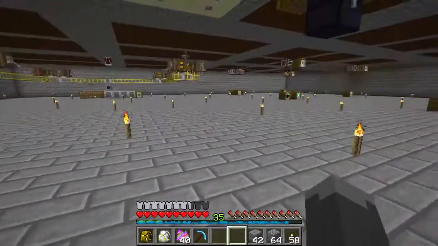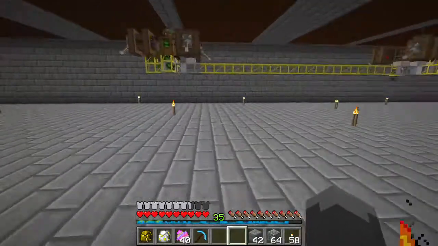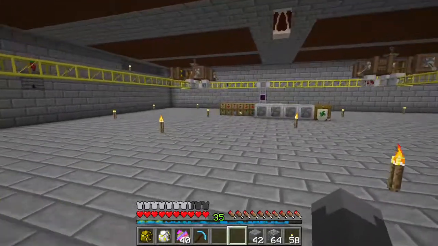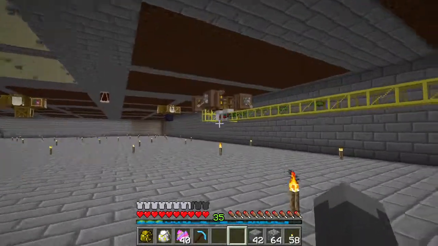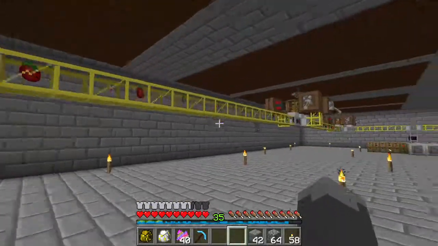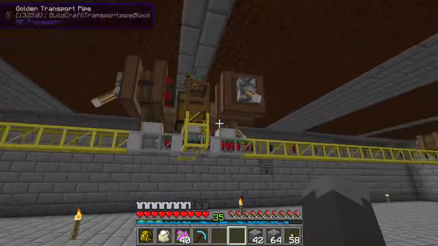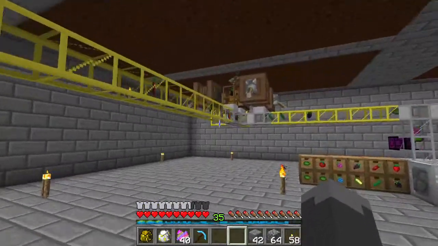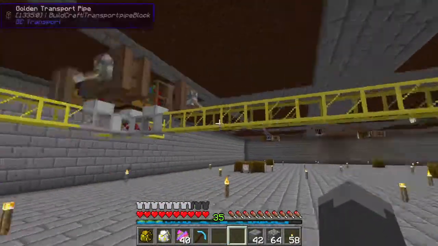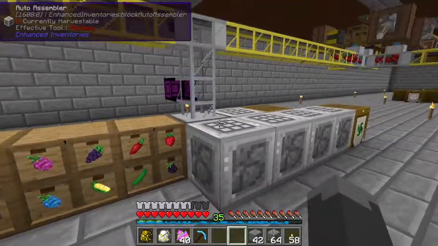Now, I've also built some automation for the crops as they're coming in. So right off the bat, most importantly is going to be our magical food. So for magical food, what I have is this pipe network, which is pulling from the chests. We have hopper hawks pulling into the chests, and that comes down, and these all join together, and they go into